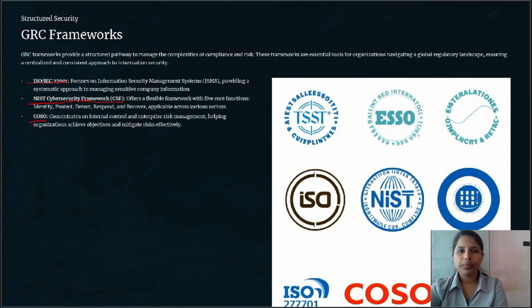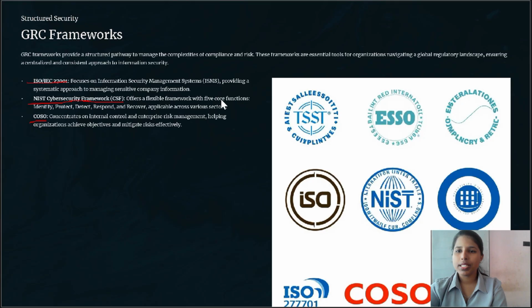It is developed by a community of sponsoring organizations of the Treadway Commission, that is COSO. It provides a structure to establish and maintain effective internal controls and risk management practices. The framework helps organizations achieve their objectives and improve operational efficiency. In this COSO framework, it is a comprehensive system for internal control, risk management, and governance.